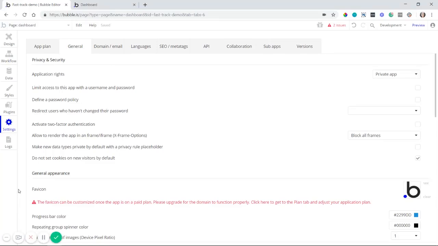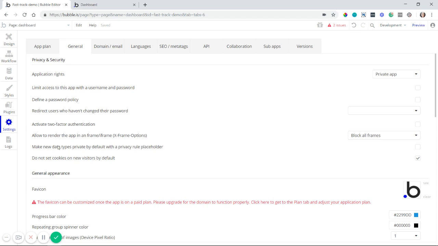Video, I'm going to talk through all of the privacy and security settings that are available to you in your Bubble editor. Now, there are various levels of security. We're talking about access to your editor, access to your database, creating custom permissions and roles for your users, both on a user level and a data type level. And so I'm just going to point out where all of these settings are and help you understand what your